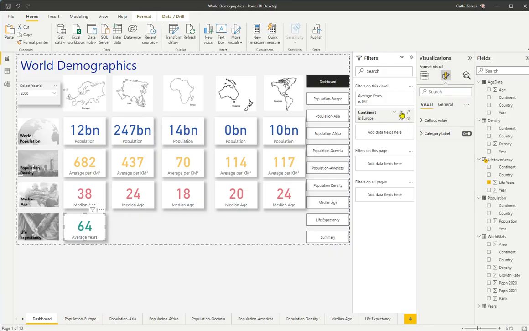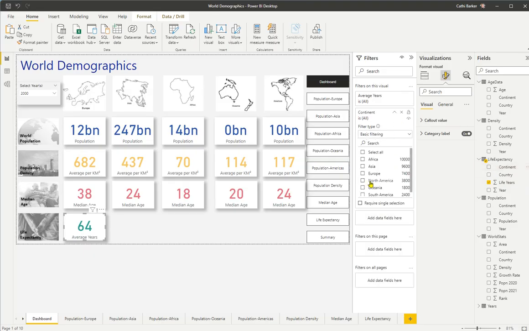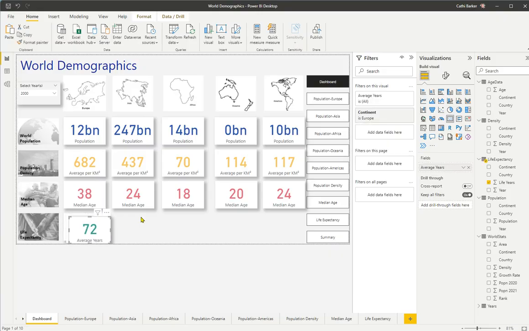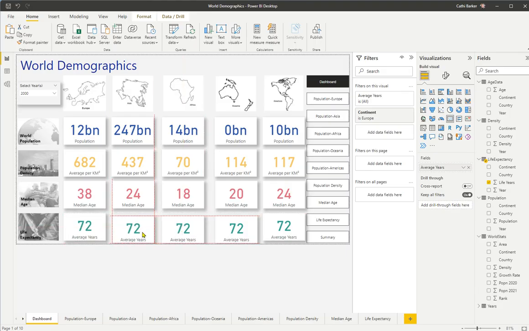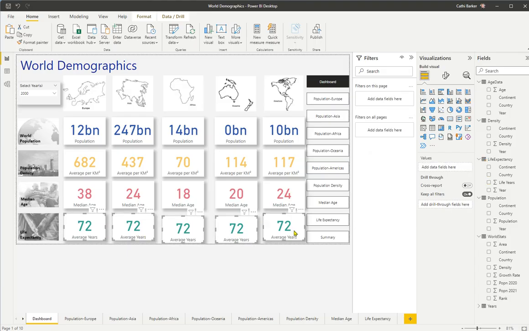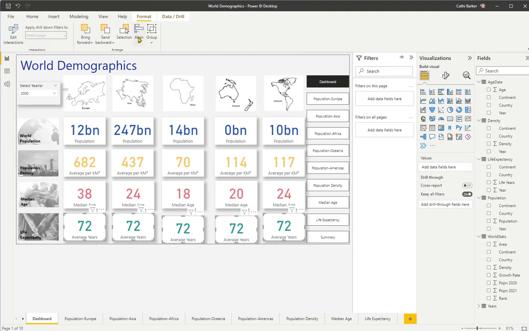I need to get rid of this continent and grab the life expectancy continent and put that in, and then tick Europe. So that's the average life expectancy for someone in Europe. And I'm now going to click that, Control C, V, V, V, V, pop that one over there, pop that one over there, pop that one over there, and pop that one there. Click each one with either the Shift or the Control key, and maybe align those under Format, align those to